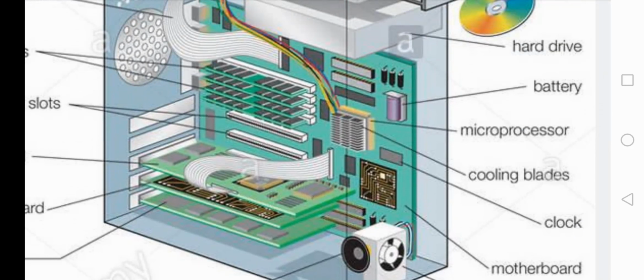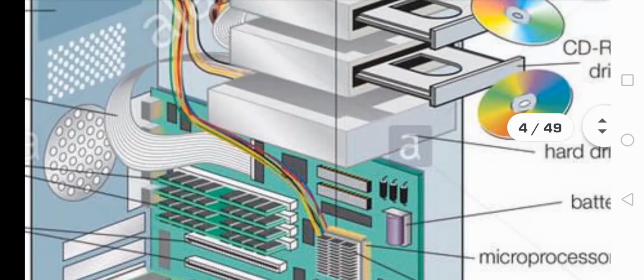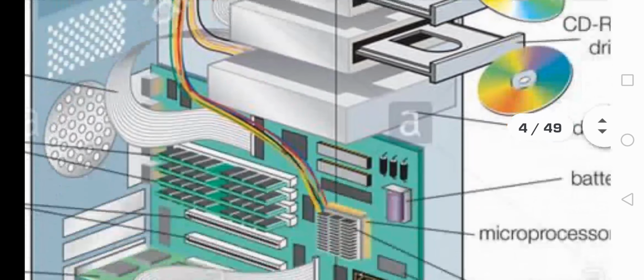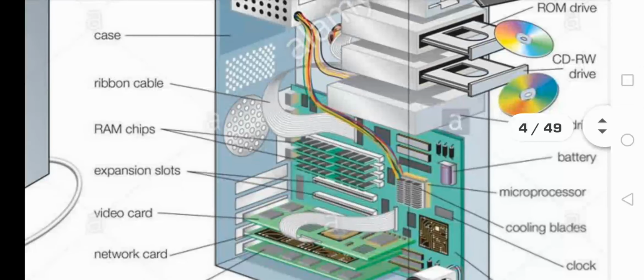The motherboard itself has a small chip which is called a microprocessor. Hope it is visible, that small square shaped slot. So this microprocessor alone, that small chip present within the motherboard of the large rectangular box called a CPU, is responsible for performing the processing function. Don't think that the subcomponents present within this large rectangular box are going to do the processing function. It simply supports this microprocessor.